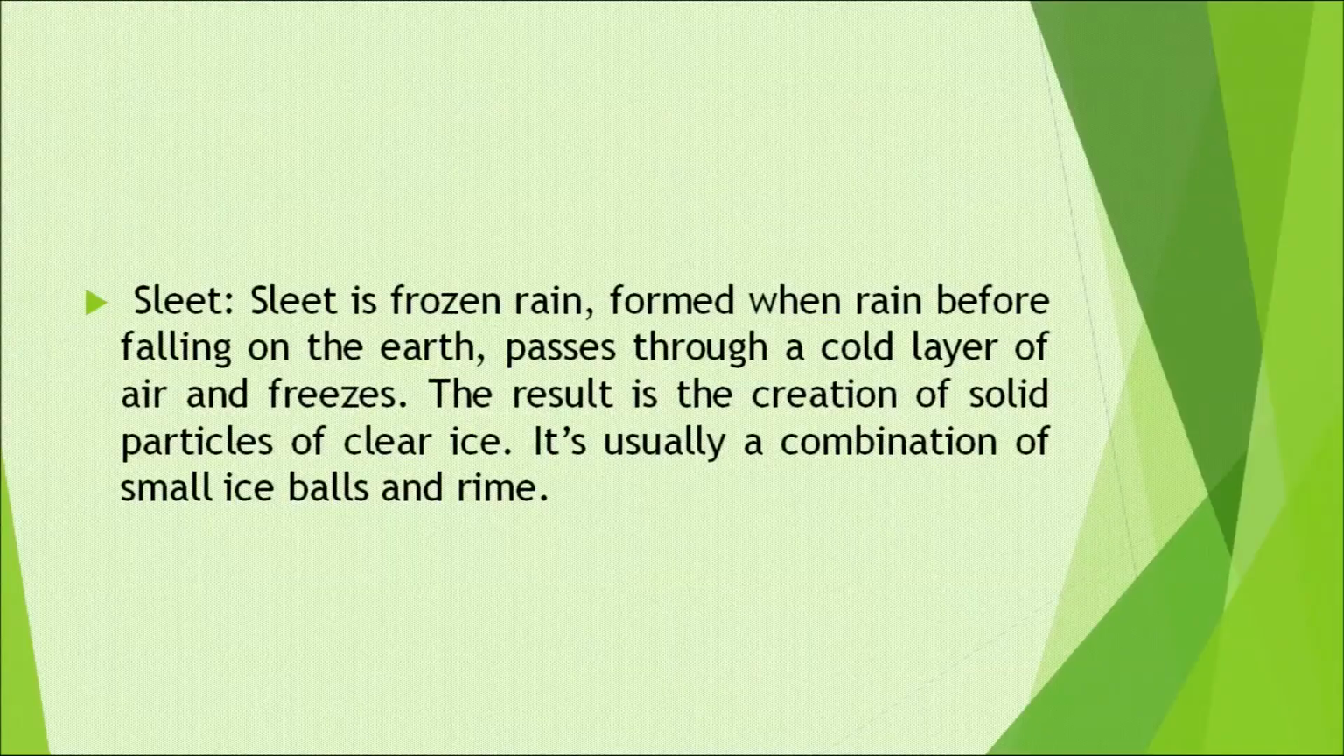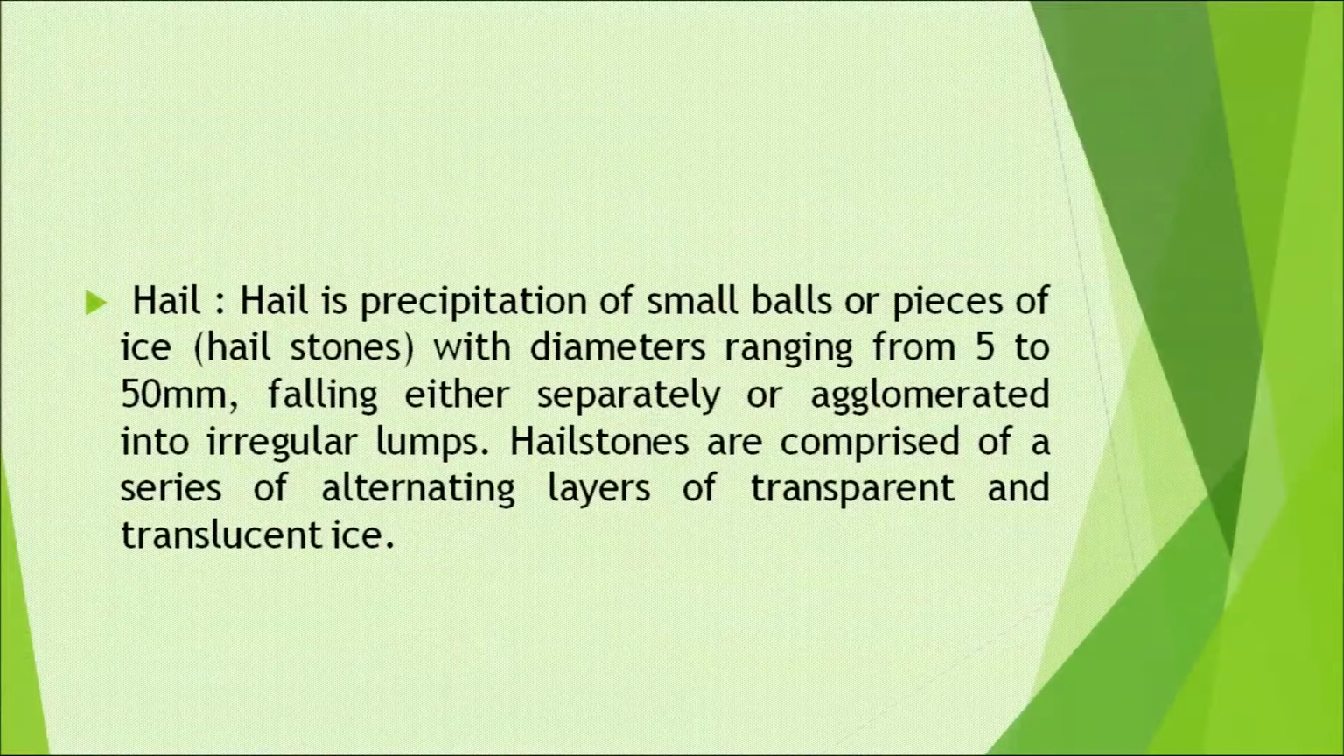Now, what is sleet? Sleet is frozen rain formed when rain, before falling on the earth, passes through a cold layer of air and freezes. The result is the creation of solid particles of clear ice. It is usually a combination of small ice balls and rime. Hail. Hail is the precipitation of small balls or pieces of ice with diameter ranging from 5 to